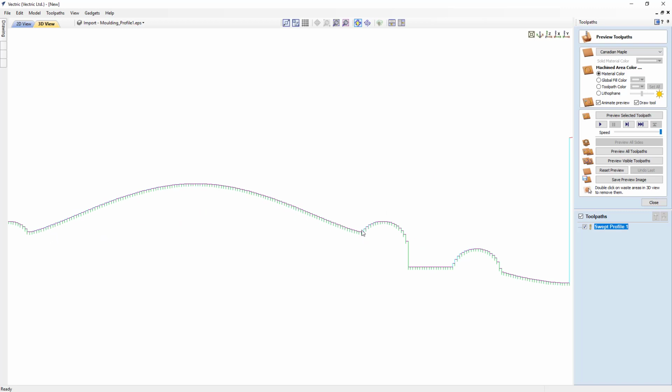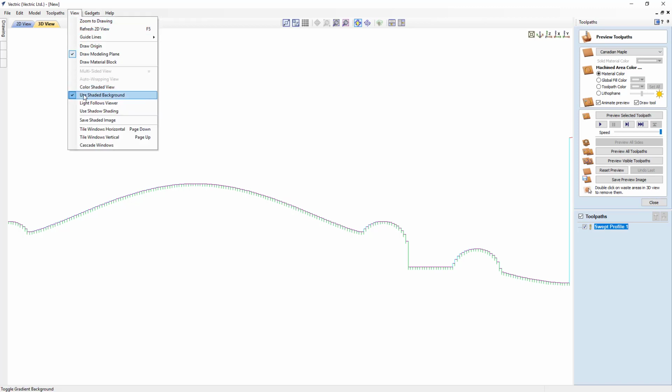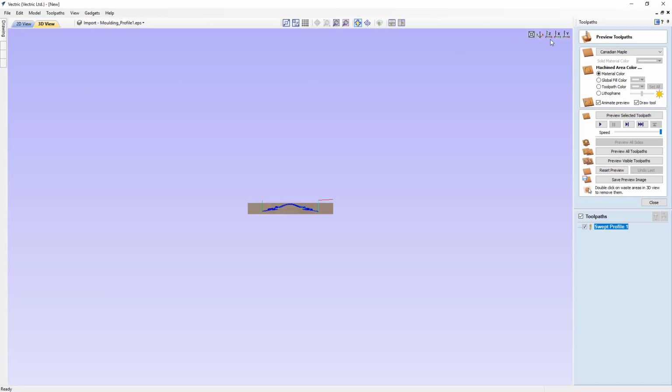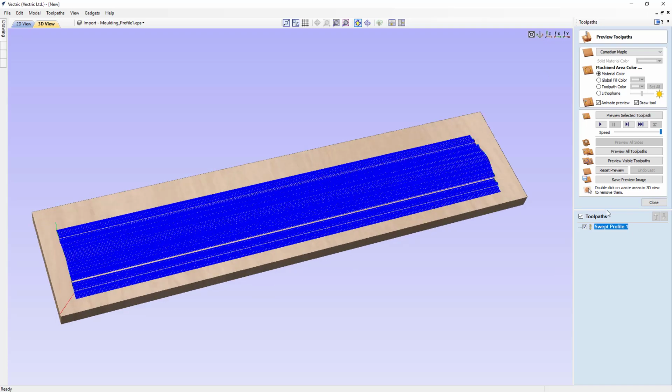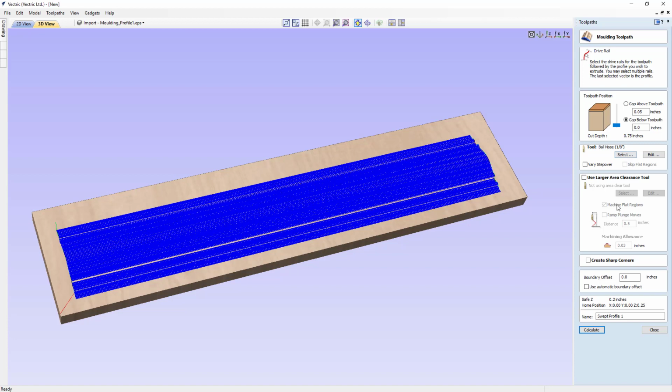Now you'll notice that when it comes to these highly radius parts, because we're using a decent sized cutter for this, and also the Stepover is consistent, we're going to get a bit of stepping going on along the edge of these radiuses. And we have an option in our software that we can use to reduce that a little bit. So let's go ahead and have a look at that. Let's go back up and go to view. We're going to turn back on our color shaded view. Let's look at our isometric view, and then double click on our toolpath so that we can have a look at this option. So right here, we have a checkbox underneath our finishing tool called Vary Stepover. If we click that, and then we zoom in a little bit,